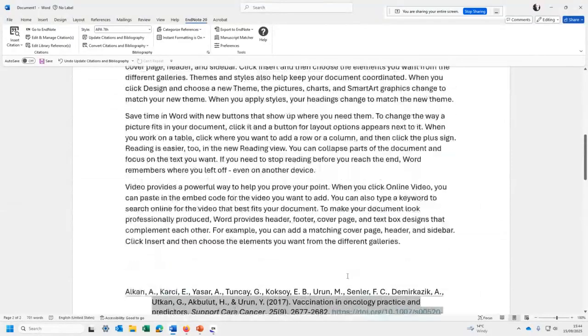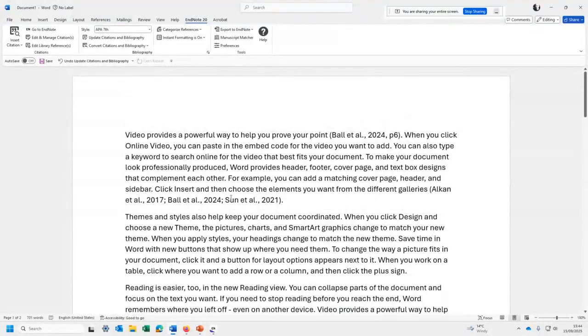Okay, now the other thing that has implications is if I want to get rid of, for instance, in this second place where I put references, say I wanted to get rid of ball there, say that was a mistake. I can't just go in and delete it. So if I want to remove a reference, the way I do it, I just go to where it is and highlight it. It turns gray. Okay, so I'm going to get rid of this ball. So I'll highlight it. It's turned gray. So again, it's edit and manage.